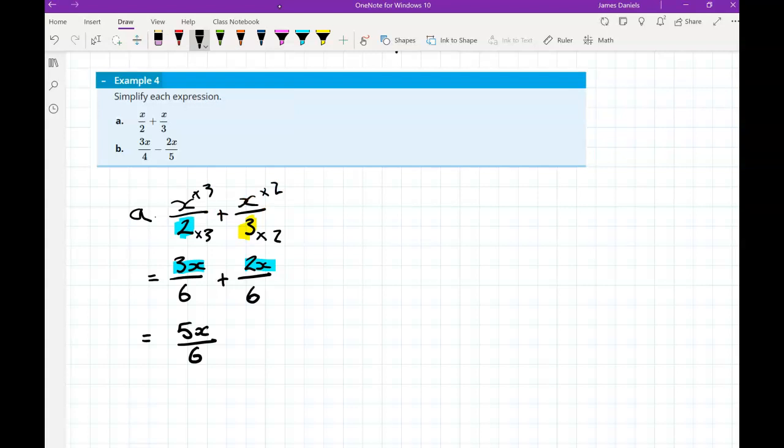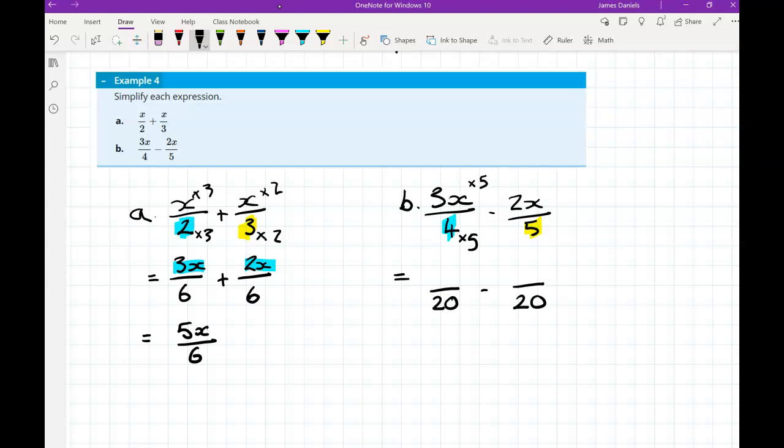Very similar. We once again have to build a common denominator. 3x over 4 minus 2x over 5. A common multiple, so I've got 4 here and a 5. The first one I think about is that I might make them out of 20. We might need to simplify later, but if I build them up to 20, I can subtract them. All right, we'll multiply by 5 to get to 20, which means I have to multiply